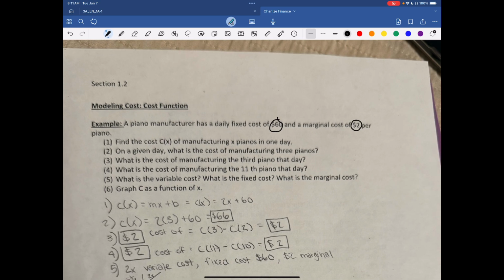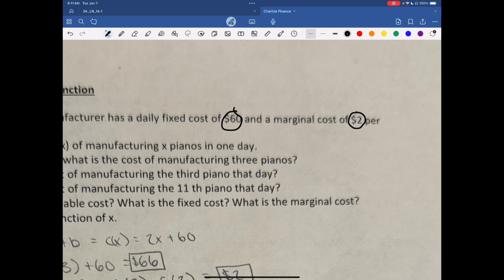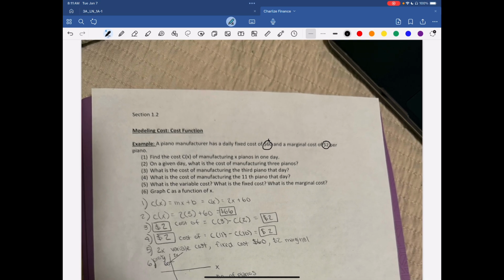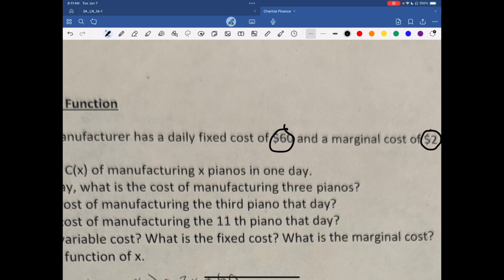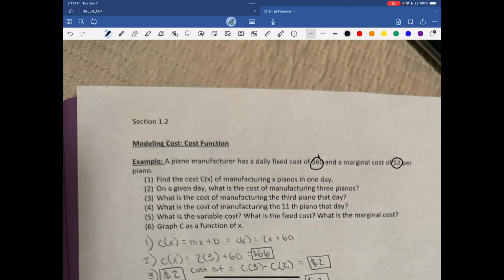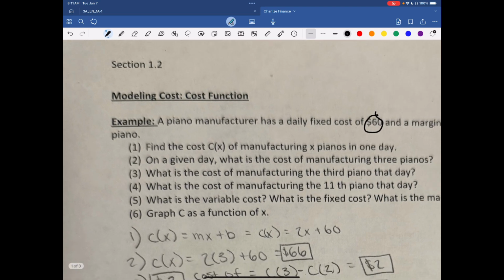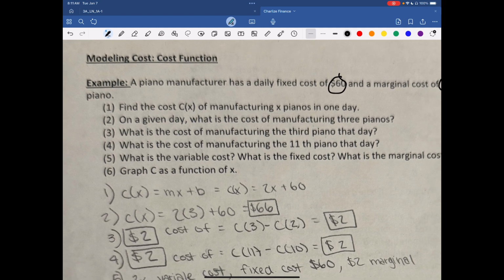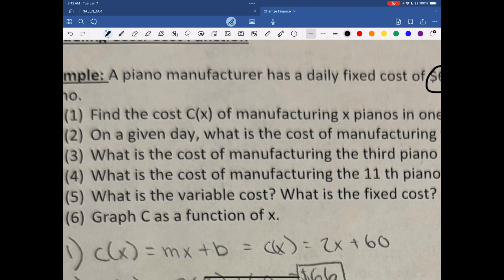So it's telling me that the 2 depends on the X. The 2 needs to be changed by the number of pianos rather than the 60, where it does not have to be changed by the number of pianos. It is a fixed cost. So that's why for number one, I can see that it's asking me to find the cost C of X,